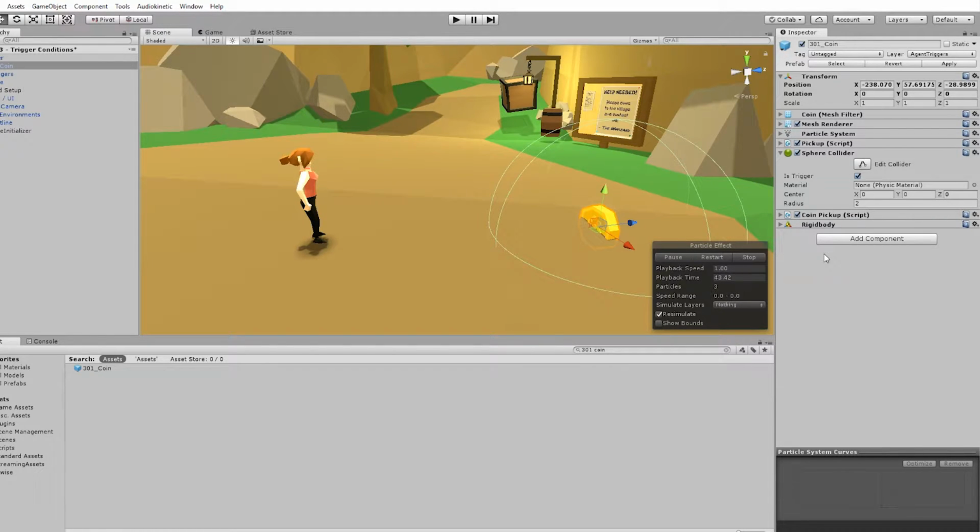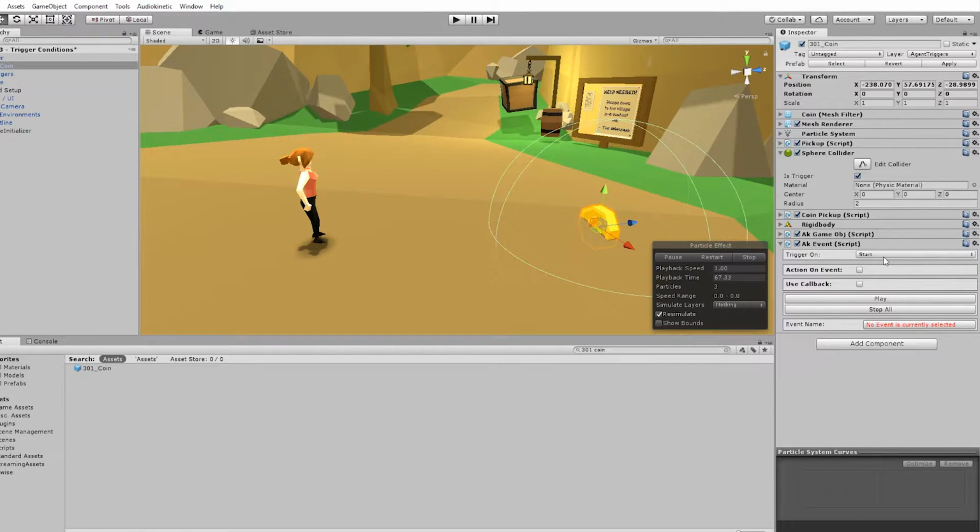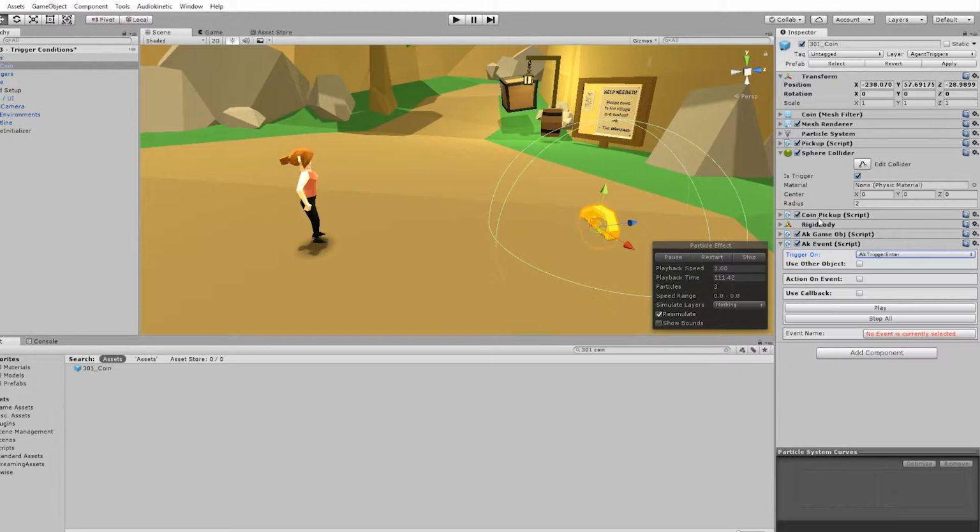So to add a sound whenever we pick up a coin, we can use the AK event script. So let's add the component, but instead of posting the sound in start, make sure that only the AK trigger enter option is selected. The AK trigger enter option will only be called whenever another collider is entering a trigger on this game object. And so when the player moves into the sphere, the event assigned to this AK event